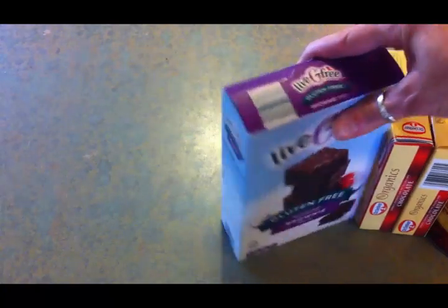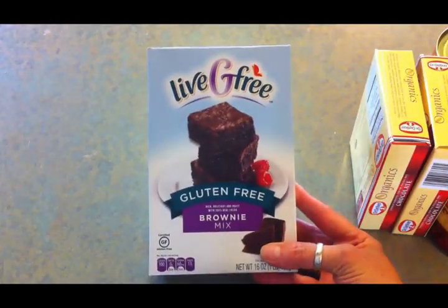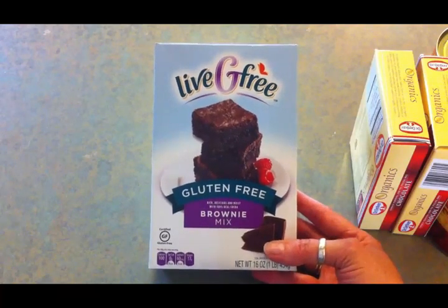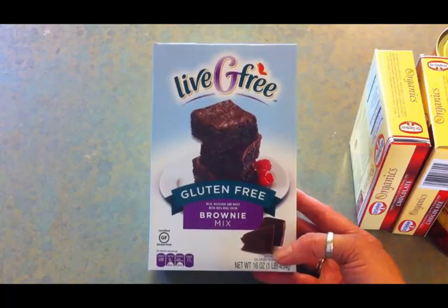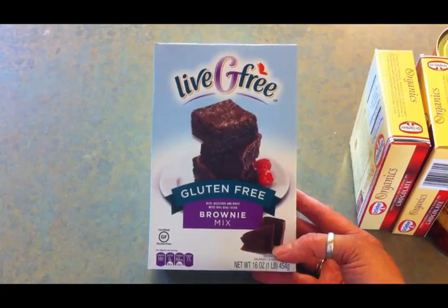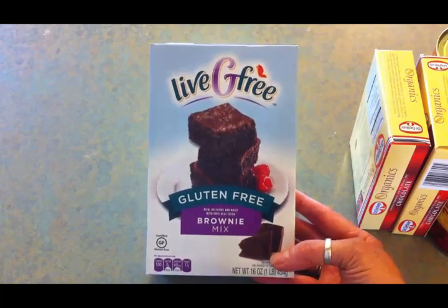But you start with a brownie mix or a cake mix. And I'm using this one. We do not have to eat gluten-free in our house, but I just like these gluten-free brownies better than any other brownie mix I've ever tried, and they are also dairy-free, which I have to be. So I'm going to make this brownie mix up,